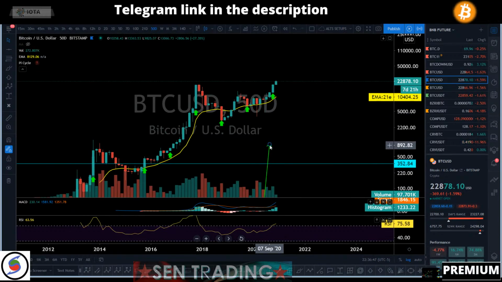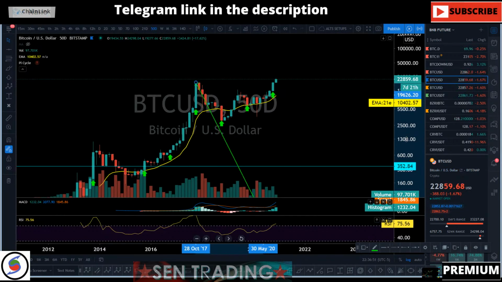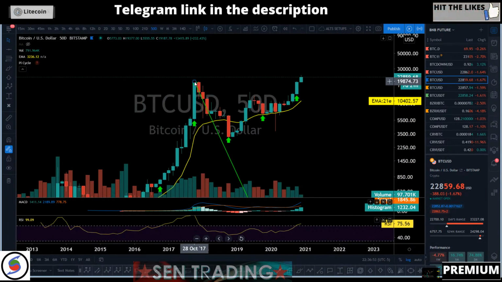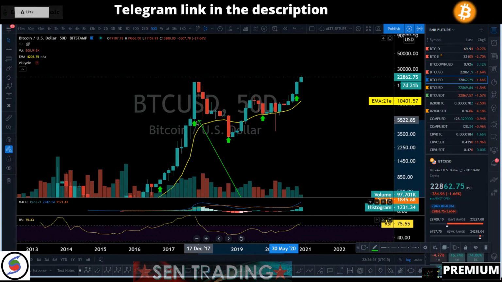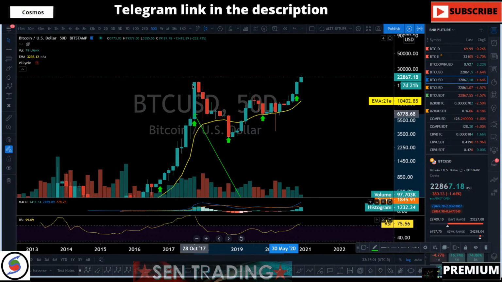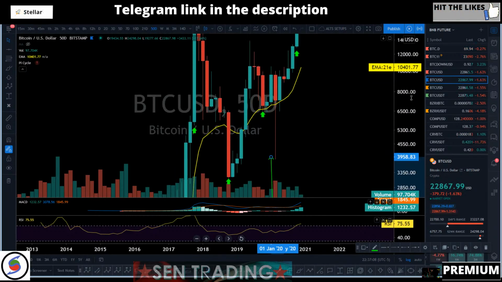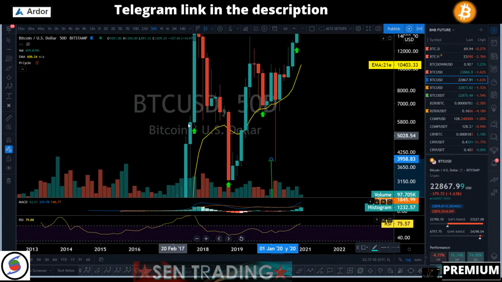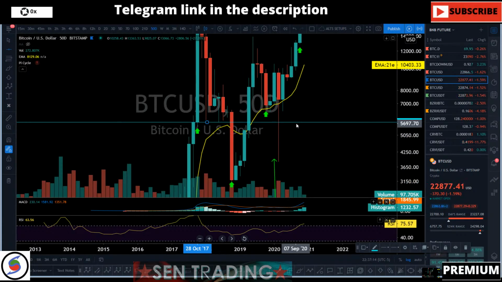This 2017 bull run, what happened was we closed exactly at 20K roughly, give or take. You can see the price action, we actually wiped out everything, all the gains within those 50 days. The candle got wiped out. So if you notice, the 6K area was not a coincidence. It was exactly the 50-day open back in October 2017.